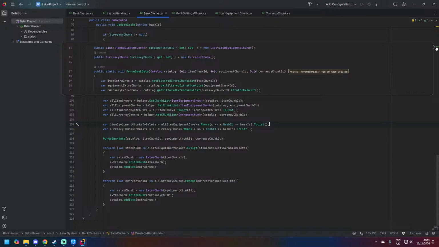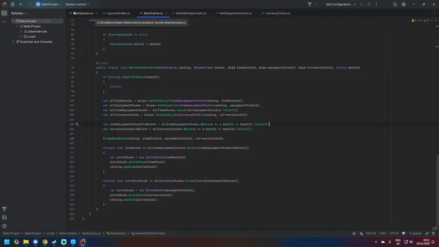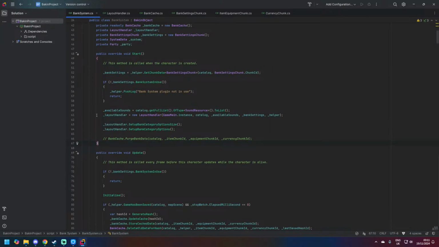Saying can be made private. I'm gonna not do that because I still use it sometimes. Okay. So we're gonna do that test I did earlier one more time, just so we can confirm that the refactor is working. I got rid of all the